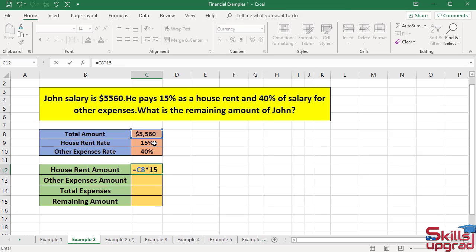Enter division operator. Type 100. Press enter key. If you click this cell reference, you do not need to divide by 100. So Excel returns $834 in this cell with 15% rate. So John spends $834 from his salary. In other words, you can say he pays house rent